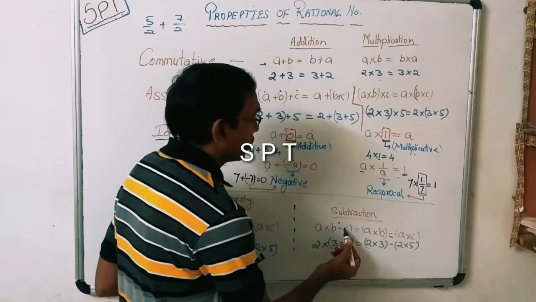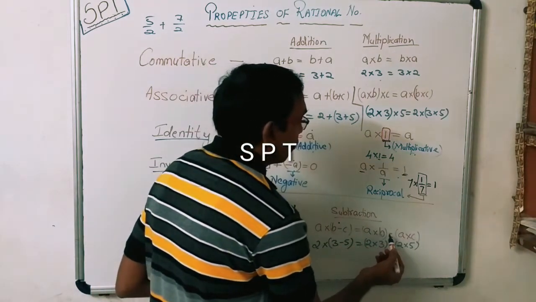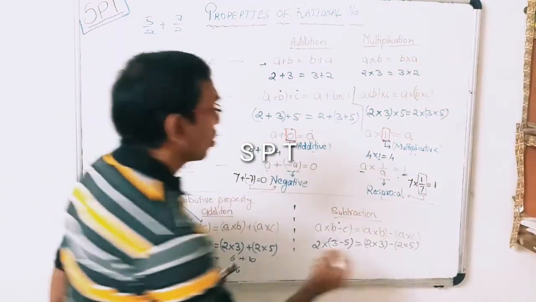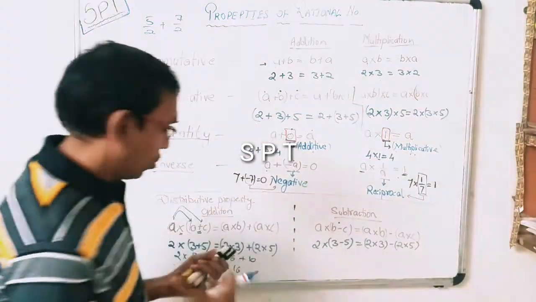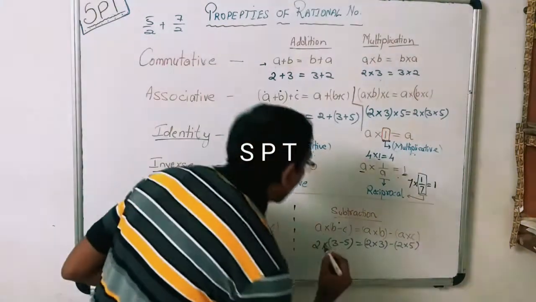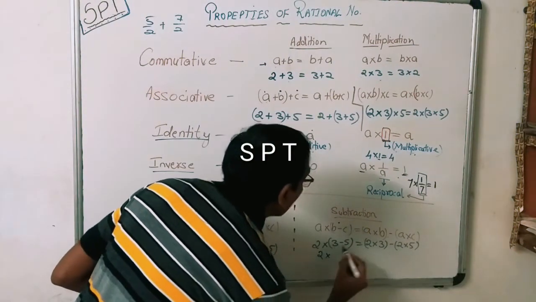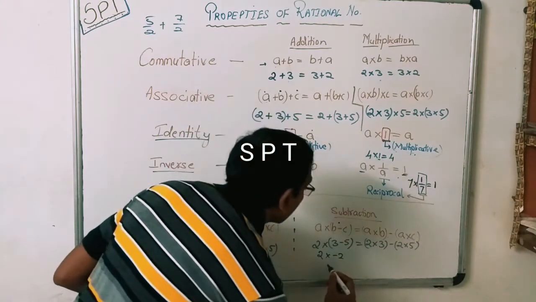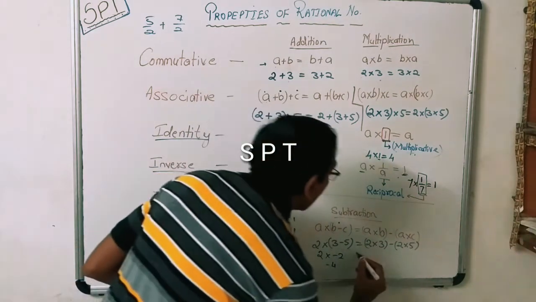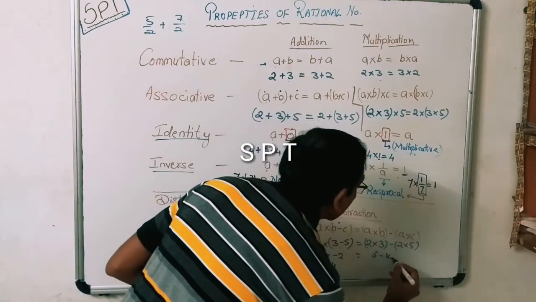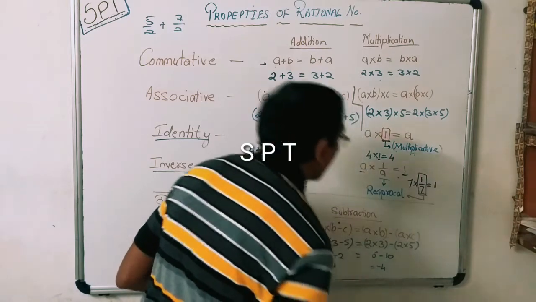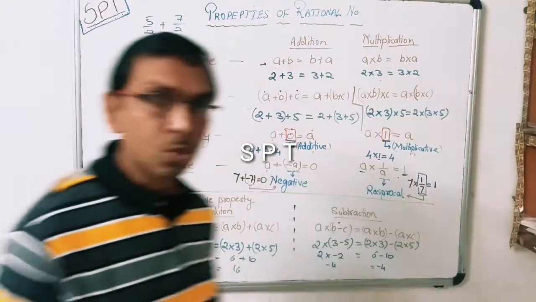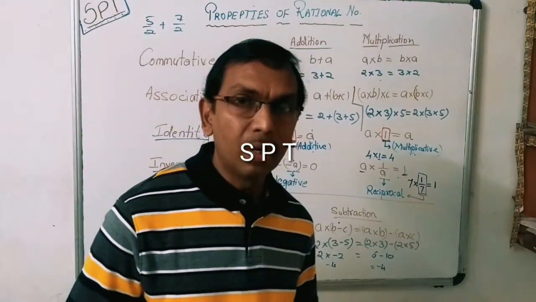A मल्टीप्लाई B माइनस C इज इक्वल टू A मल्टीप्लाई B माइनस A मल्टीप्लाई C. तो यदि हम लोग इसका सॉल्यूशन करेंगे तो फिर चेक कर लेते हैं आंसर सही आ रहा है या नहीं आ रहा है. 2 multiplied by 3 minus 5 is minus 2. So answer is minus 4. Let us check over here. 6 minus 10, again minus 4. So it is very clear that the distributive property stands true for all the rational numbers.